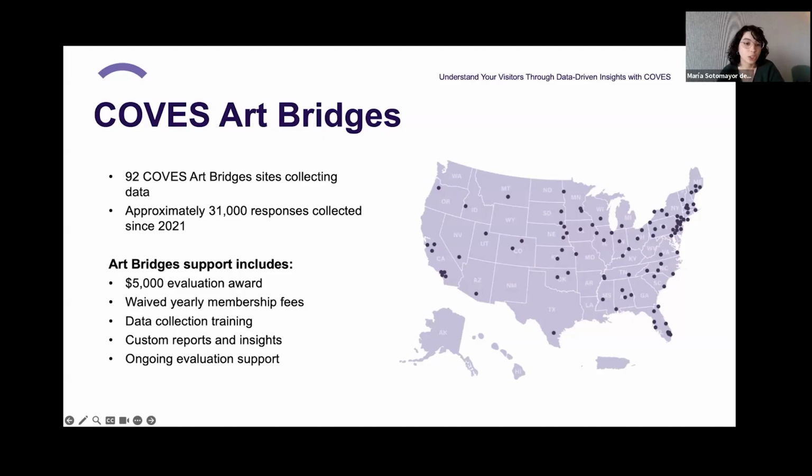And something that's really useful, from the sites I've been talking to recently, is just providing that ongoing evaluation support. So not only being able to meet to discuss your annual COVES report, to discuss data collection strategies and any other help that you might need to implement COVES and use COVES to its maximum potential.